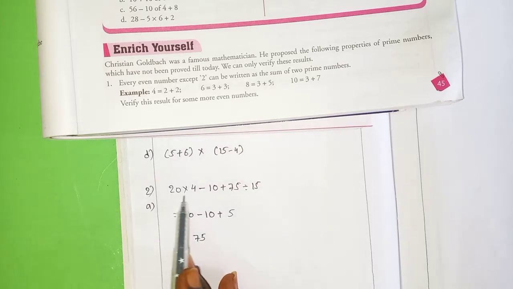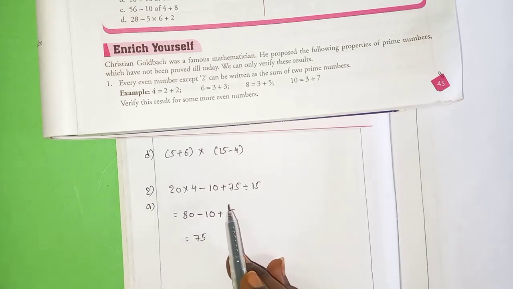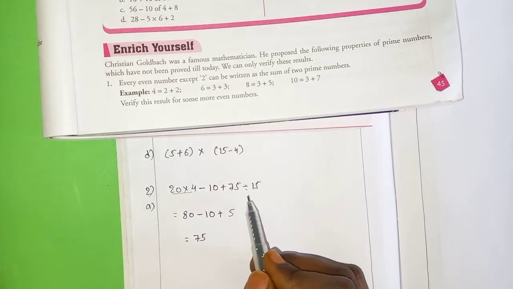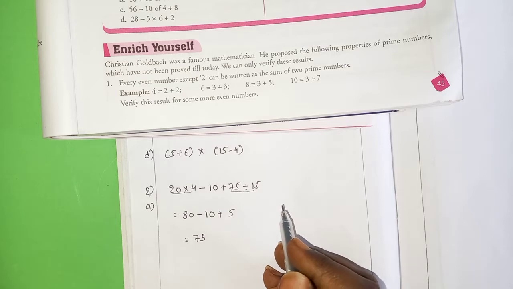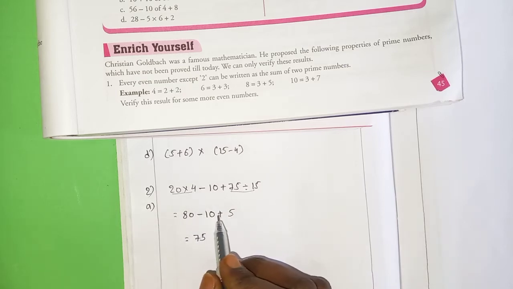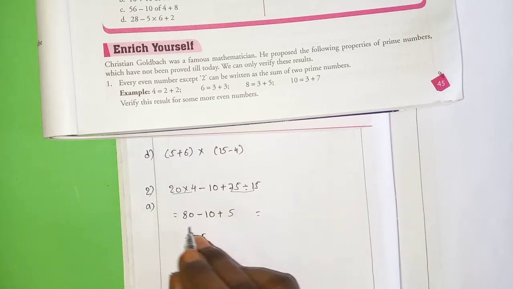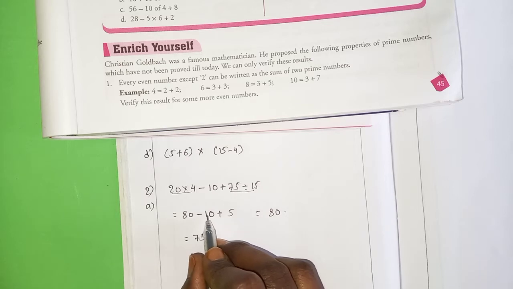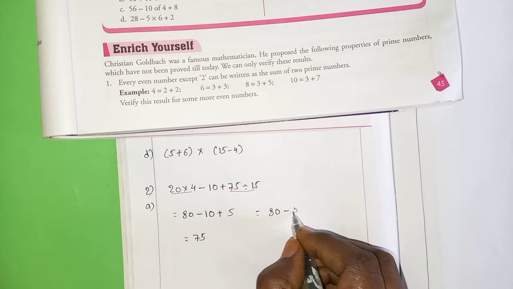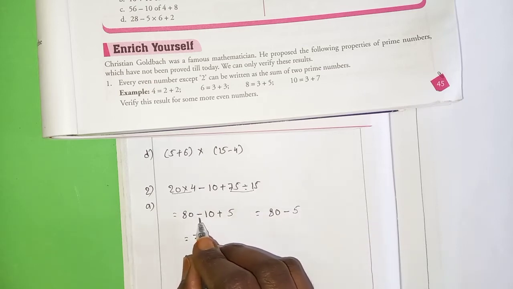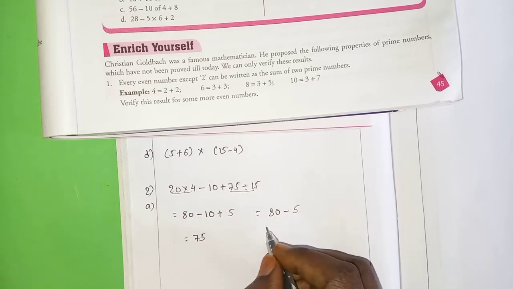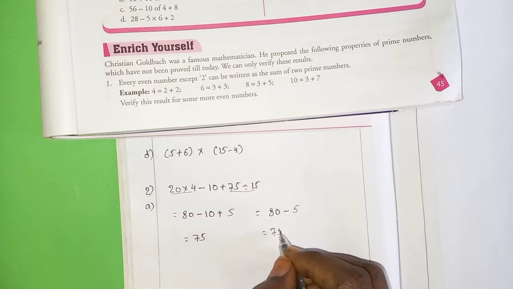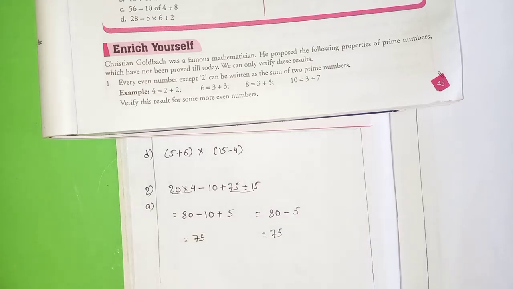First I did multiplication and division, which have the same priority, right? So here I did multiplication and here I did division. At last, all those results I added and subtracted. If you want, you can do it in the reverse order also. 80, sorry, minus 10 plus 5. The answer is minus 5 because 10 has the negative symbol. So minus 5 you will get. 80 minus 5, again 75. Okay.